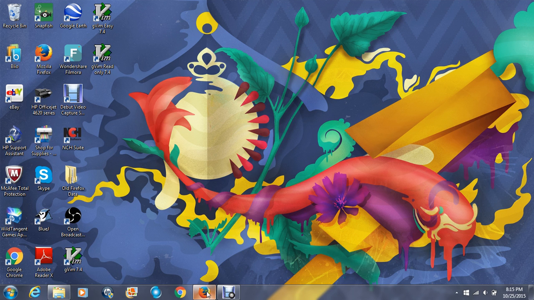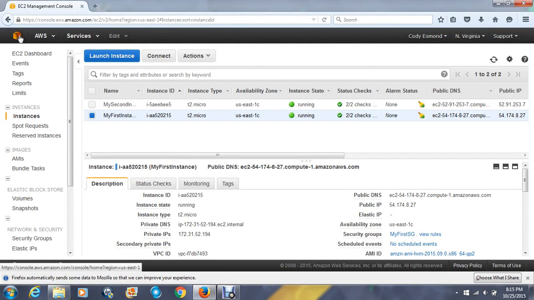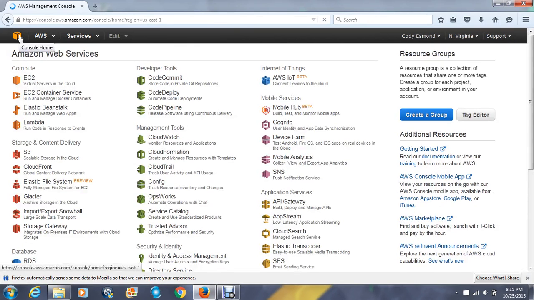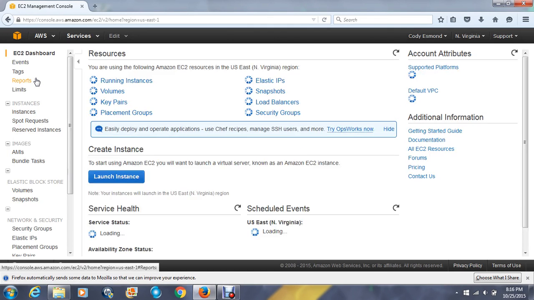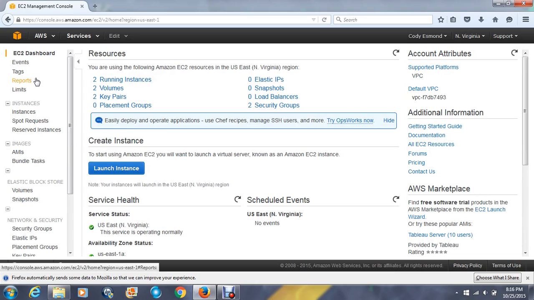So I'll go ahead and open up the web service, basically the management area, the management console, I guess is the right name. We go over here into EC2. This is where we will create the actual instances and